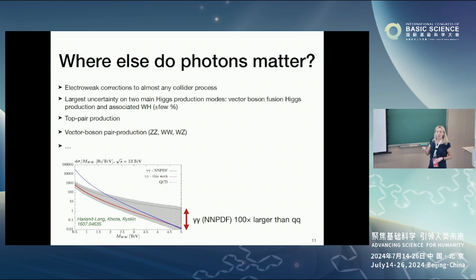Now, some people that work in phenomenology will also remember that at the time, there was a lot of excitement because of the so-called 750 excess. Both collaborations, ATLAS and CMS, reported an excess of a resonance with mass around 750 that decayed into photons. And of course, people thought, okay, if the resonance decays into photons, you probably produce it by photon-photon scattering. This is why a lot of people also got interested in the photon PDF at the time. Now this resonance disappeared, but this work remained.